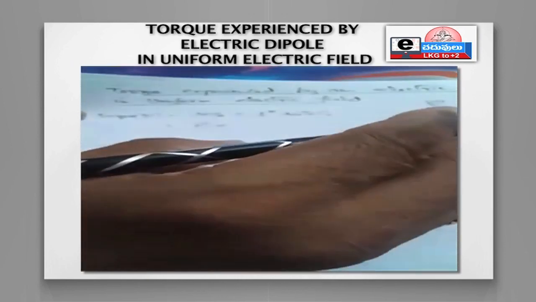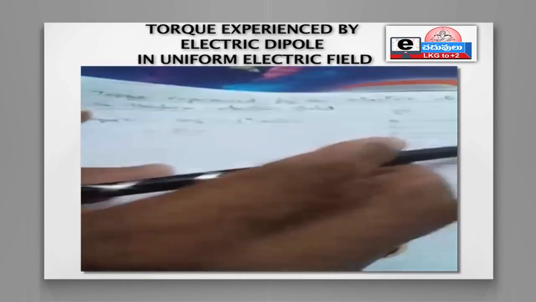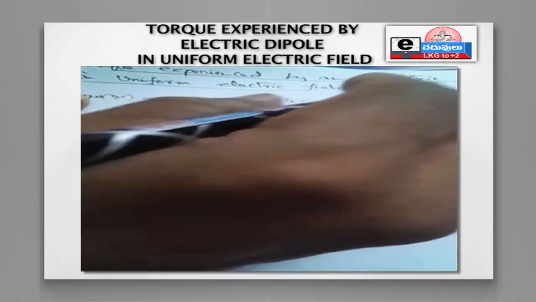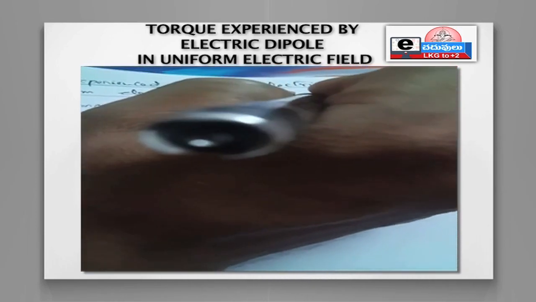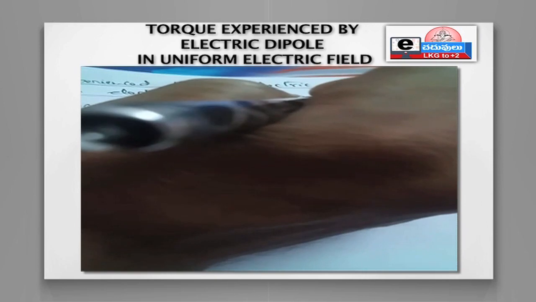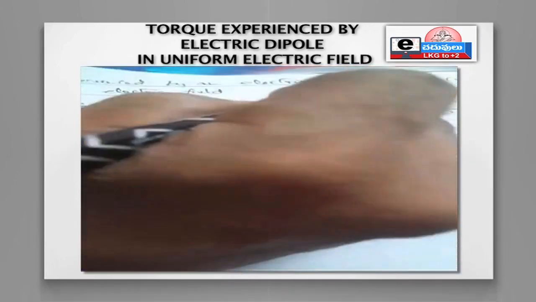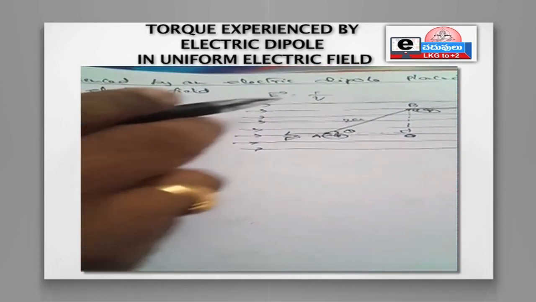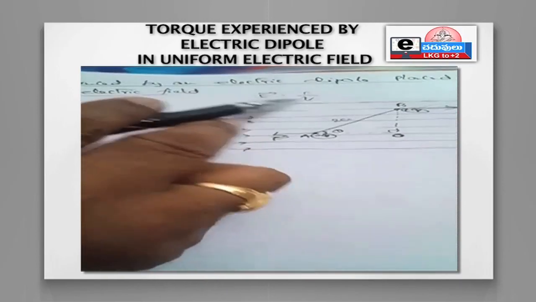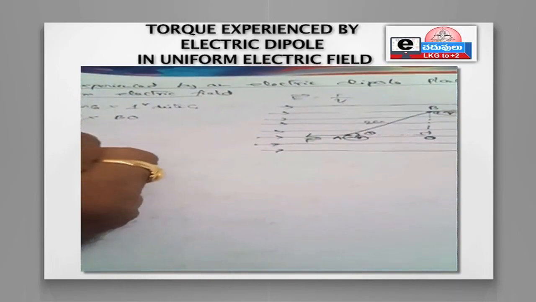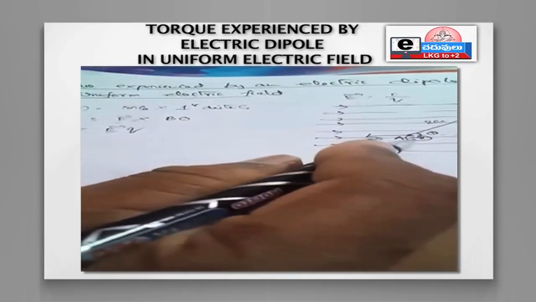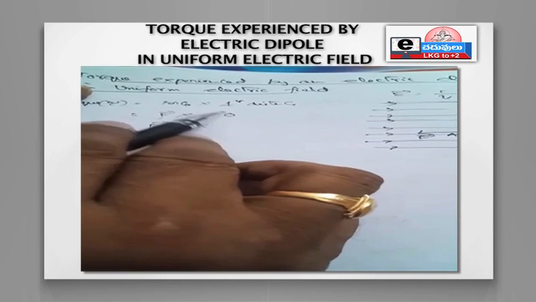What is the perpendicular distance? Here in this diagram, BO is the perpendicular distance. Normally, for the force experienced by it, we have studied a formula: electric field is equal to force by the test charge. You have studied this. Therefore, force is equal to EQ. I am going to take it like this. E and Q, this charge is facing. Therefore, EQ into the perpendicular distance, which is nothing but BO.